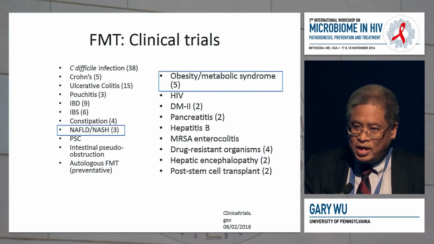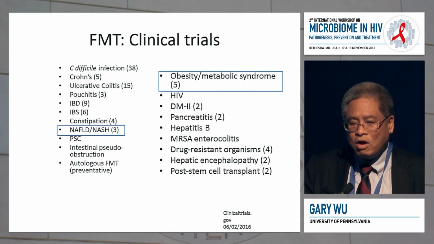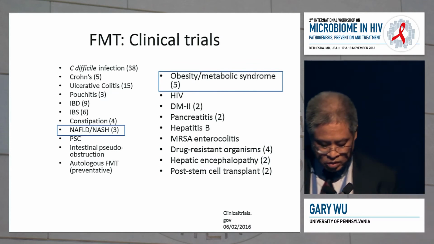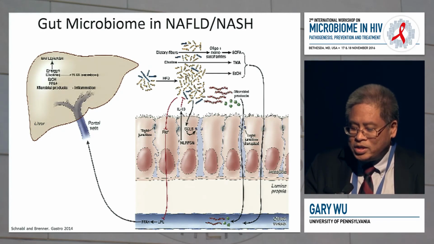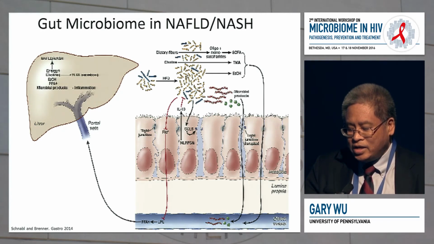So I think the notion that FMT would be advantageous in many types of these diseases waits to be determined, but I would not be terribly optimistic that you would see a very significant input. Nevertheless, I think understanding whether or not you see anything at all is extraordinarily valuable. So the collection of the biospecimens in these data sets, if a subset of individuals respond or if they don't respond, analyzing those data sets tells us something about human biology, because that's really the only approach that we have right now.